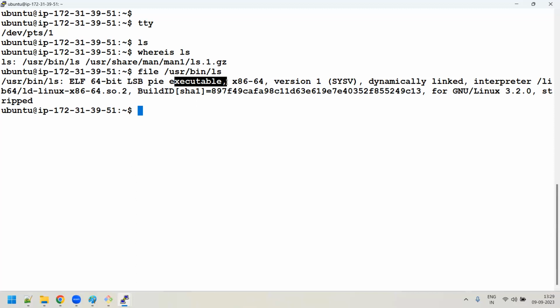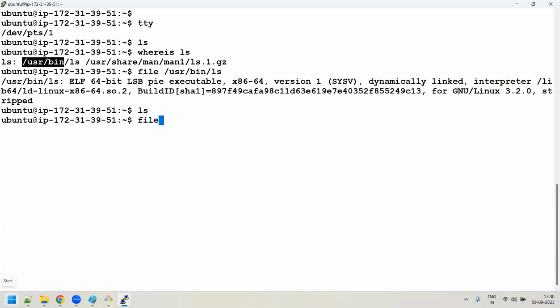Is it clear? Whenever a user executes any command, all those commands are binary compiled programs. It means it has already been compiled. Somebody has written a program for that and compiled it. They have given the executable to you, and that executable they have kept in this particular path. So whenever I execute any command, it gets executed from that particular path. You have to understand it in that way.